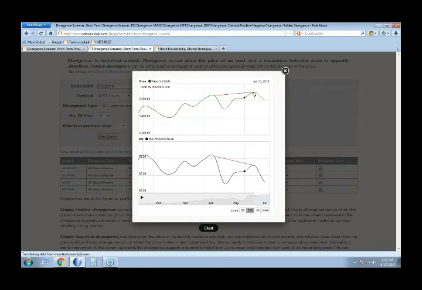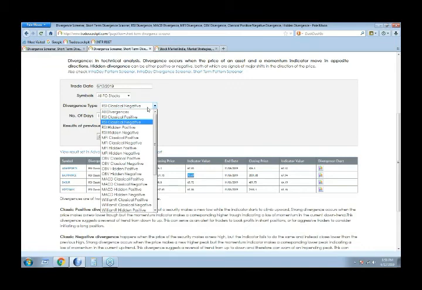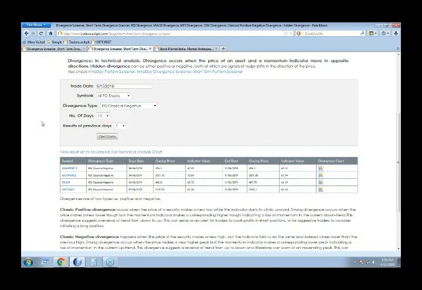So similarly, if you want to scan for any other pattern, any other divergence, that can be selected from here, and accordingly you can select the number of days. Number of days here helps you, for example, if you want to check for divergences which have occurred in the last 15 days, or in the last 20 days. So you can select that manually from here. Manually you can filter the number of days, which will help you select since how many days the divergence has occurred.